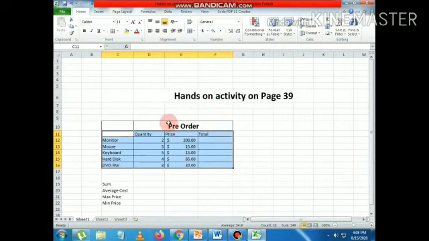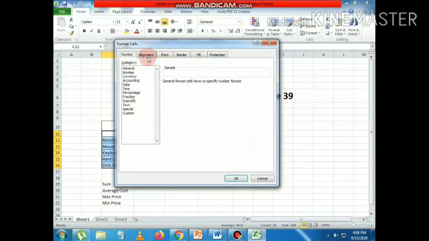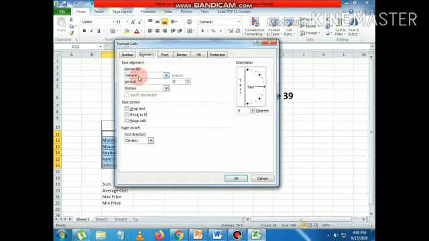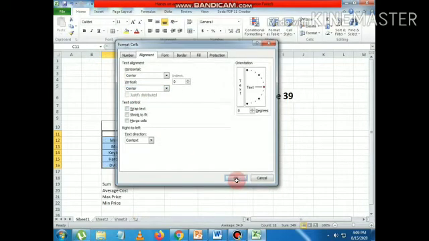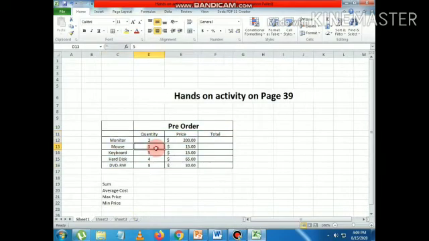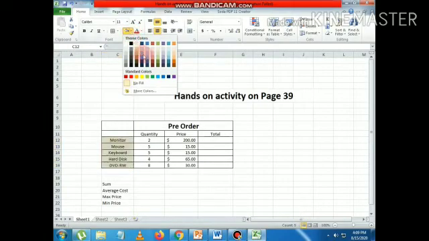Basically I am going to text alignment. I will click on center and vertically on center. My text will be centered in the cells. I will apply cell color. It's up to you which color you will use.